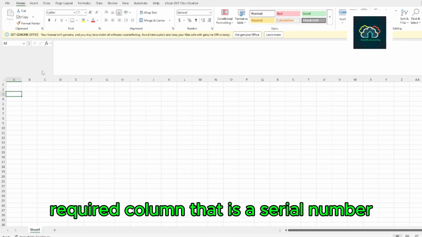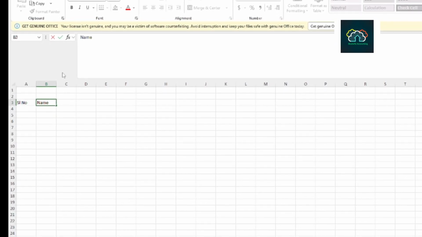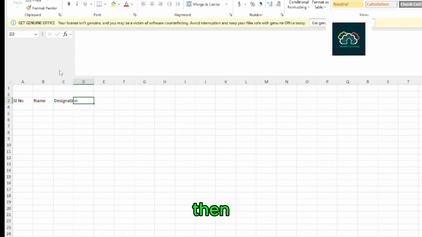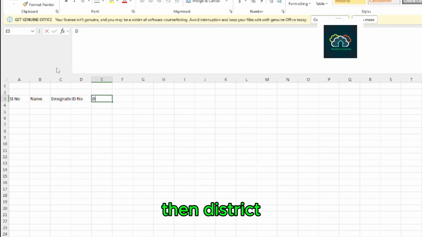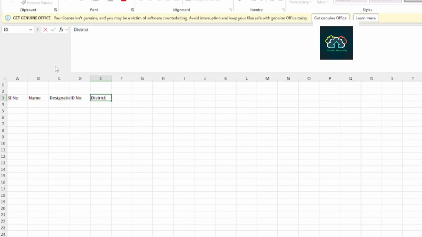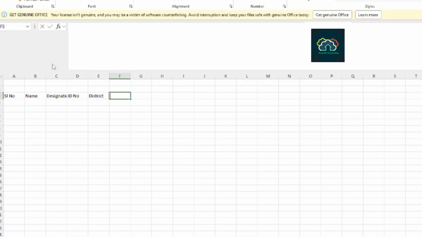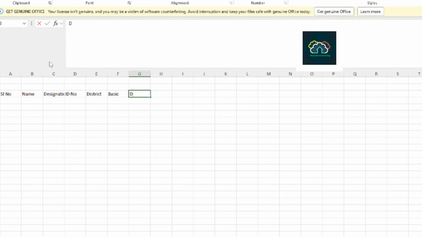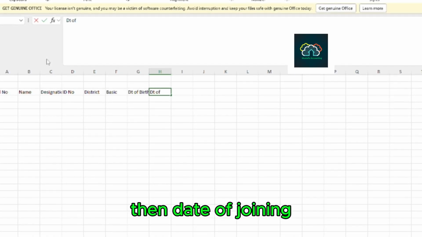That is serial number, then name, designation, then ID number, then district, then basic pay, then date of birth, then date of joining,